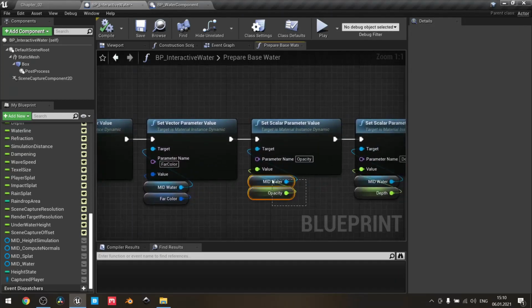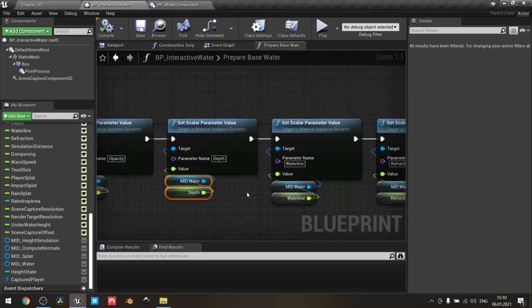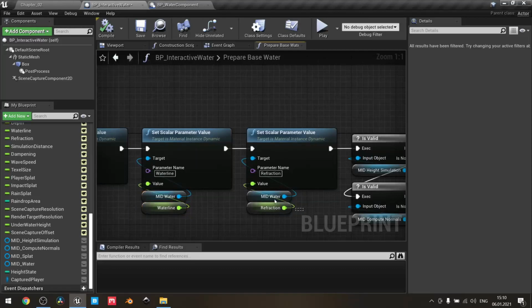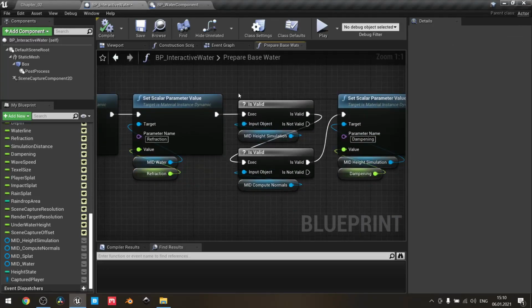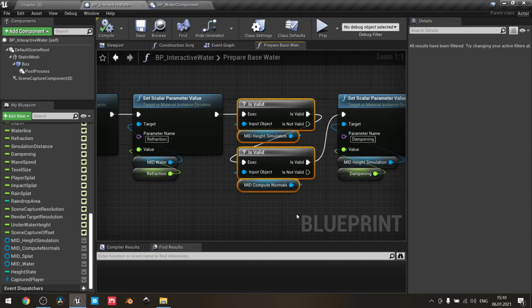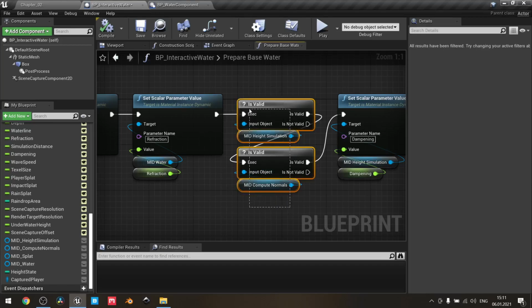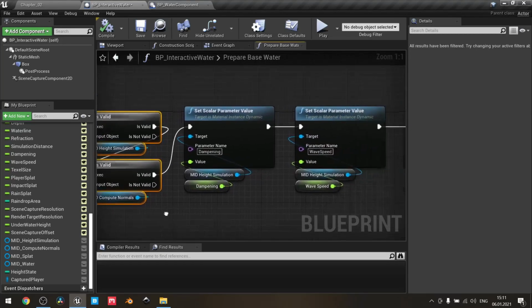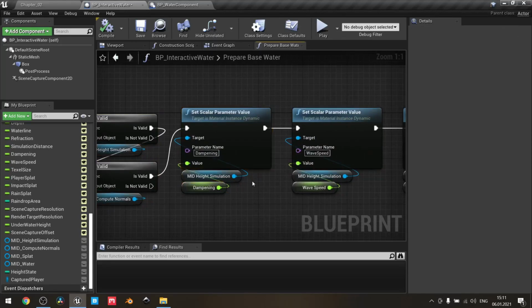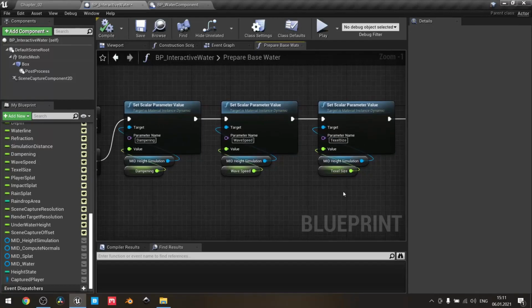for water, opacity, depth, waterline, refraction. Next, this is for preventing errors when you launch your level, and actually you don't need to create these material instances before the begin play event fires. So in case to prevent error spamming in the log, you need to check whether those elements are valid, and if so. Next, for the height simulation, we are actually changing 3